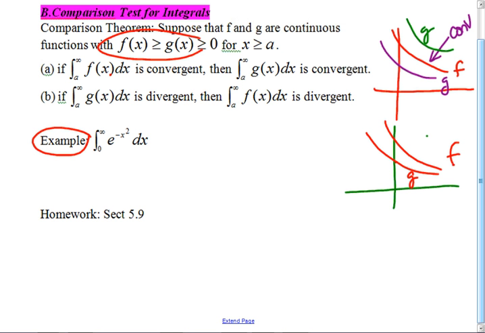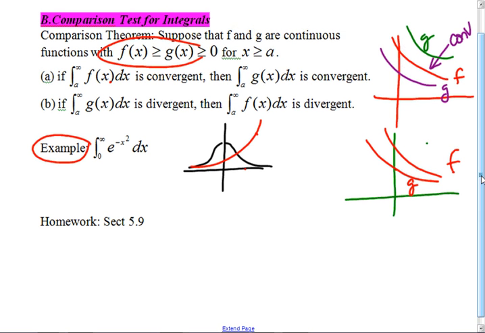The only thing I know is e to the x. Now, do I know if it's smaller than that or bigger? Well, do you want to do e to the minus x instead? If I compare it to e to the x, e to the minus x squared looks like this, because as x goes really big, it goes to 0. E to the x, unfortunately, looks like this, which diverges. This is smaller than that. So I know nothing. So I don't want to do that. It was a good idea, but